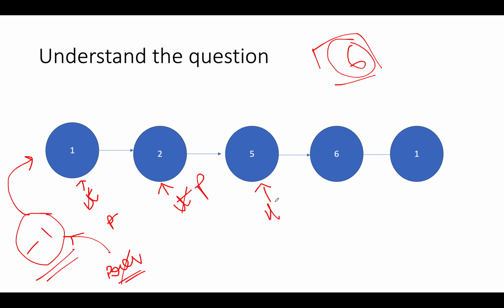Let's proceed ahead, and now we see a 6 at the iterator value. This is the node that is to be deleted. The previous points to 5. What do we do in such cases? We are simply interested in bypassing this node. So we will set previous.next to iterator.next. And we will continue the process until we hit the end of the linked list.